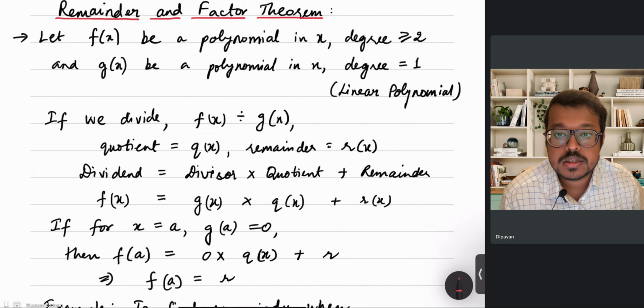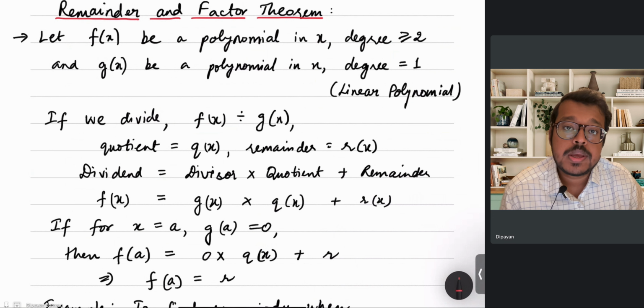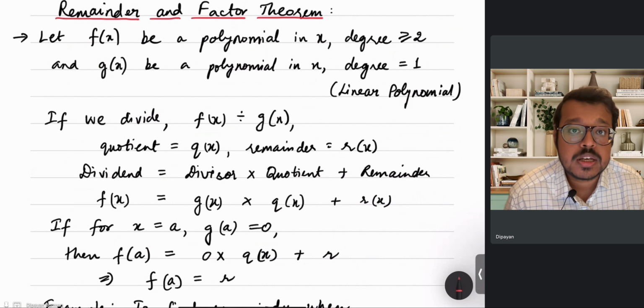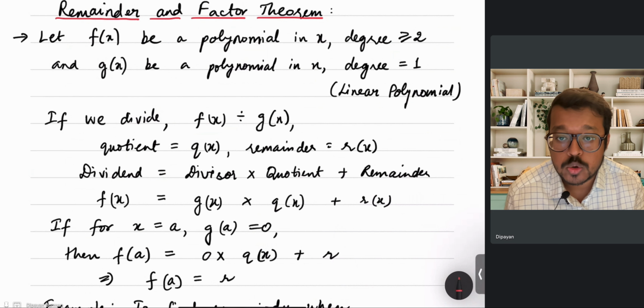Let's revise the basic concepts from remainder and factor theorem. So remainder and factor theorem is used when we are dividing polynomials. So we know that polynomials are expressions with some variable, algebraic expressions. Now let's say that we have the variable x, and let's say that we have a polynomial in x which